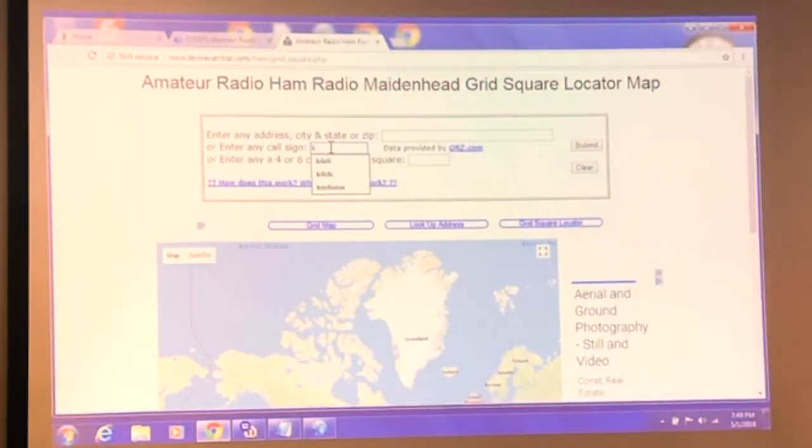This link came off the ARRL website. If you search for grids or grid location, this site came from there. If I plug my call in and submit,